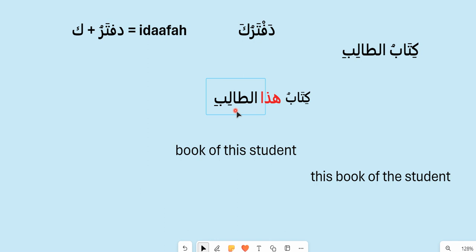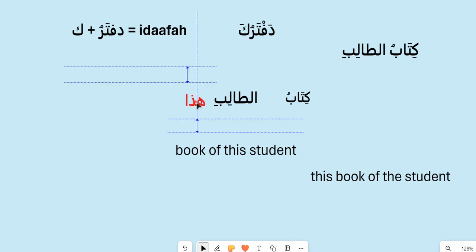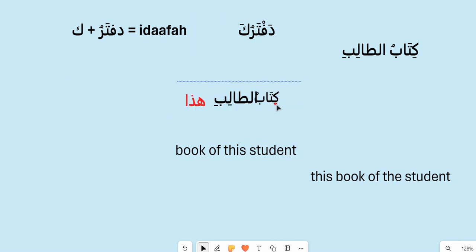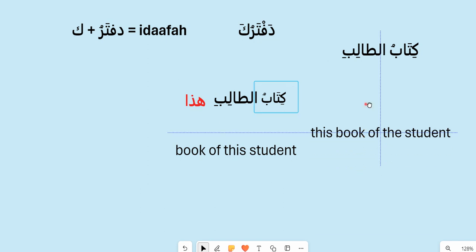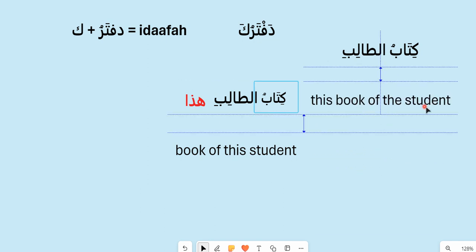Here, you have to put the haza at the end of idafa if you want to use the ism al-ishara for the mudaf. So in this case, if you put the ism al-ishara after the idafa, the translation will be "this book of the student". Now, if you want to use "book of this student", the Arabic sentence will be